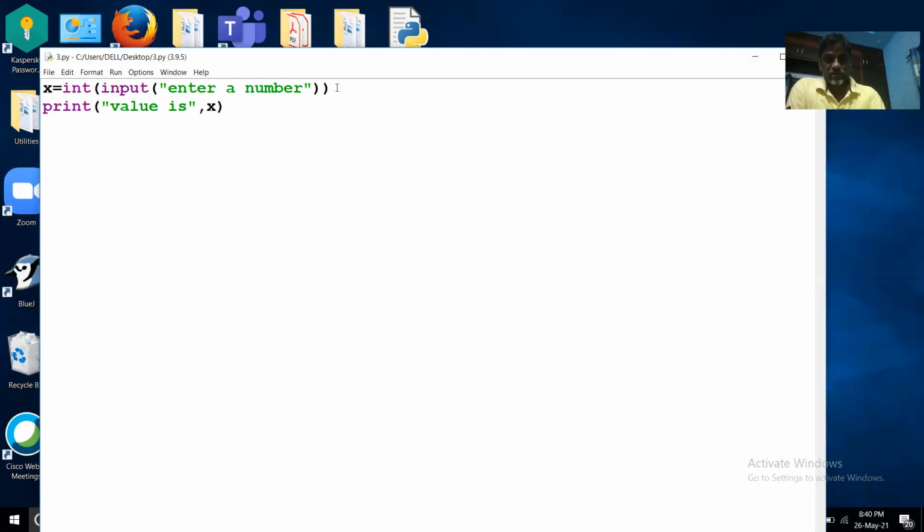And also let me use a simple addition operation. I'll see how it can be done now. I'm just copying and pasting it here. So let us take y is equal to int of input of enter a number, and then perform an operation: sum is equal to x plus y. Okay, and I'll display the message result is, and it is available in sum. So I'll display it like this. So save it and run it.